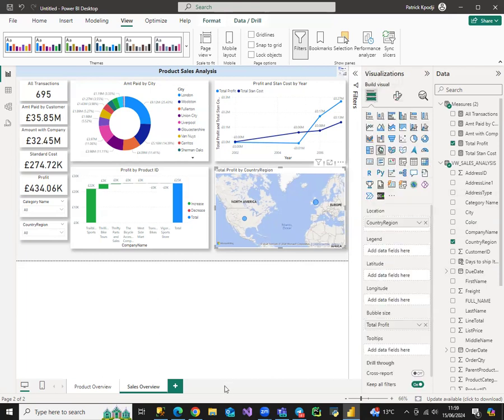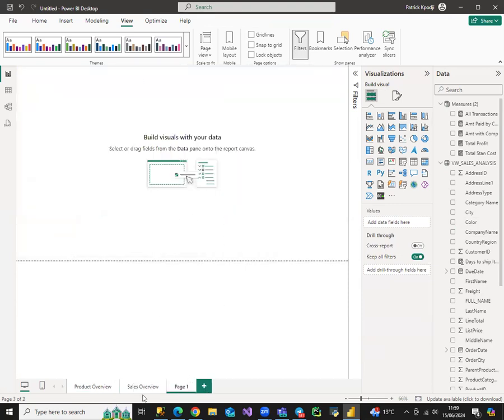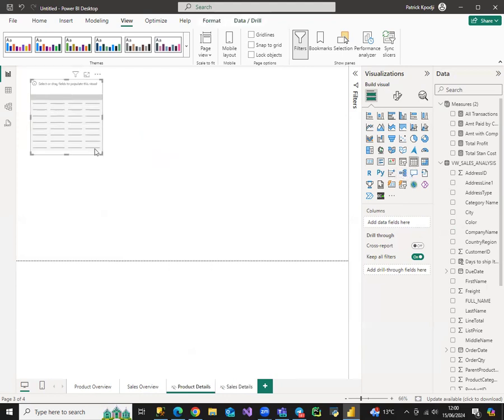So now, what we need to do is to get details of this. So then, I'm going to hide. I'll name this as product details. I'm going to hide this one, and another one called sales details. So I'm going to hide it. So the product details, I want to put a table,